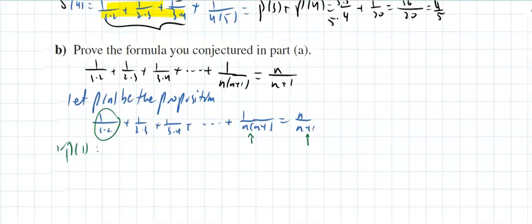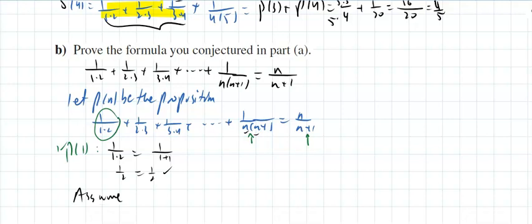So by plugging n equal 1, you get 1 over 1 times 2, or you just take the first term. The right side, 1 over 1 plus 1, so 1 over 2 equals 1 over 2, it checks. Now comes our assumption. You assume or suppose that